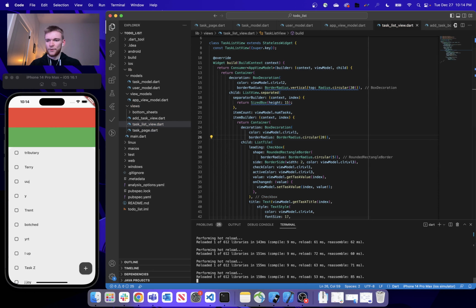And if we save that and reload now, this is again starting to look a little bit more similar to what we expect it to look like when we're all done. The next thing we're going to want to do is provide some edge insets into this entire list view. So underneath the list view